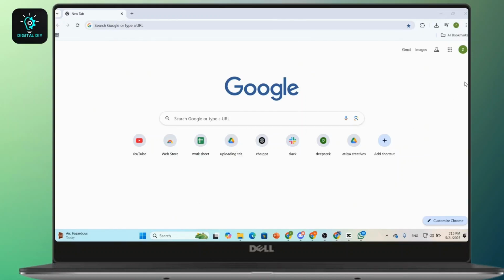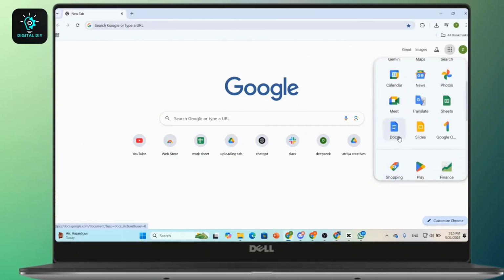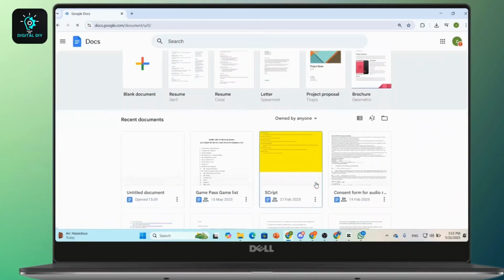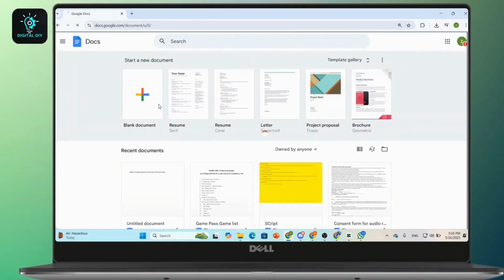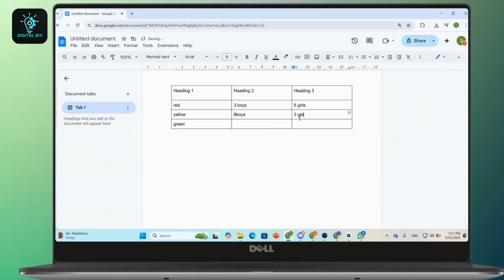So first things first, simply open Google Docs from Google. And here, once you are inside Google Docs, you can simply create a table on the blank page. And once I'm done creating the table on the blank page, if you want to color just one